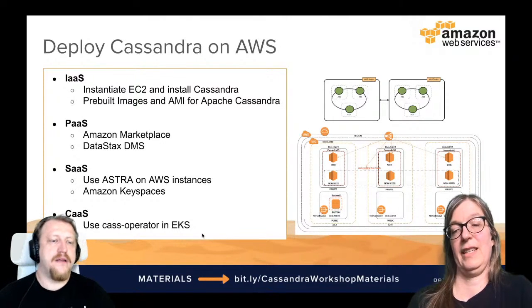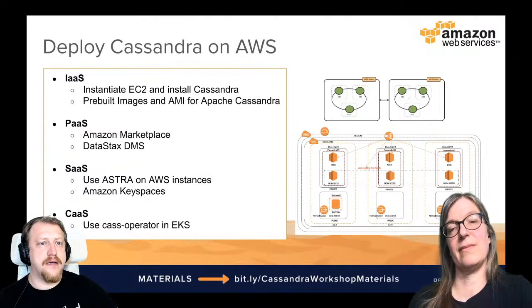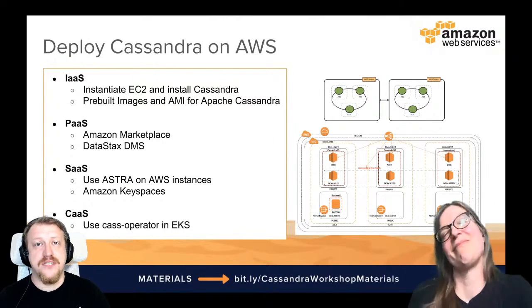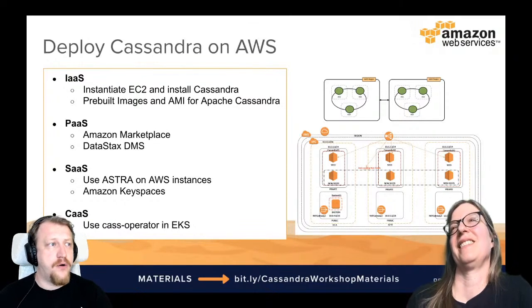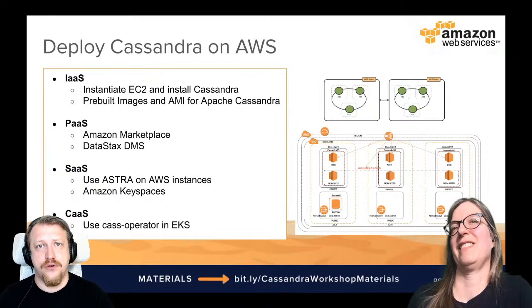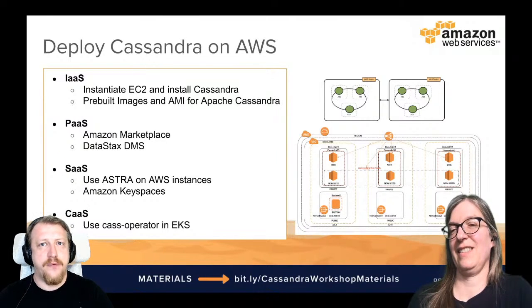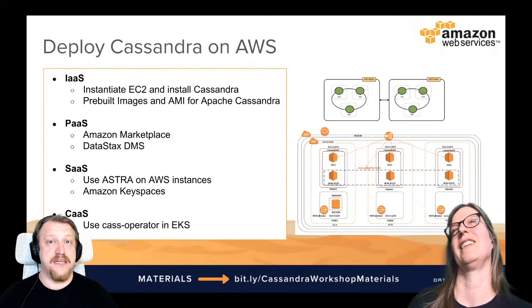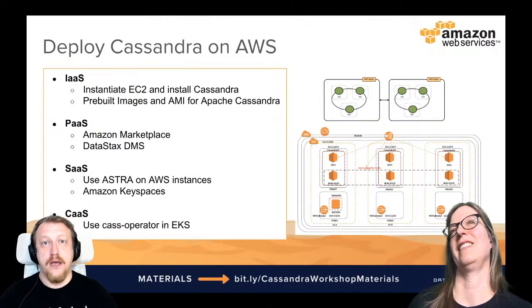Yep. One thing to add, people often ask, okay, there are so many ways to use Cassandra in the cloud on AWS, so what's the best one? And there is no simple answer because it very much depends on your company approach, your project, your workload, and how many qualified engineers you have. If you are a startup and you don't have many engineers, you may go with Astra because it's the smallest amount of effort to make your database run. You click the button, you have Cassandra, and DataStax engineers, very qualified people, will take care of that.